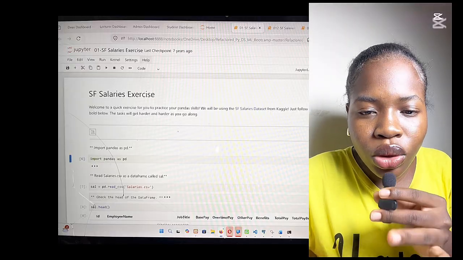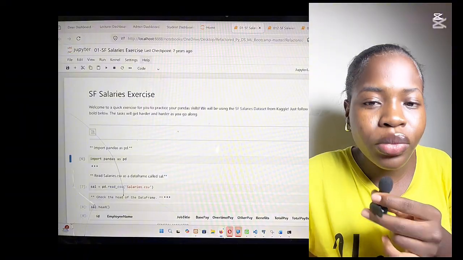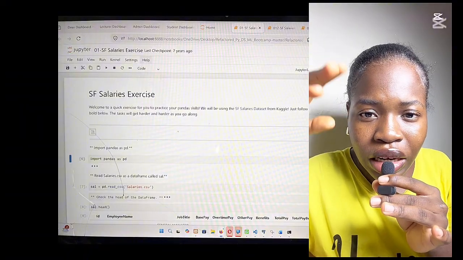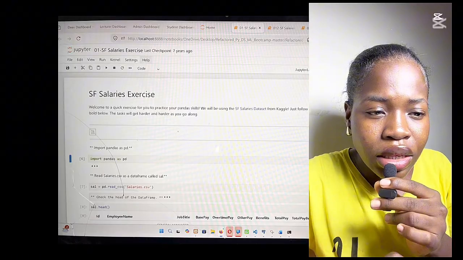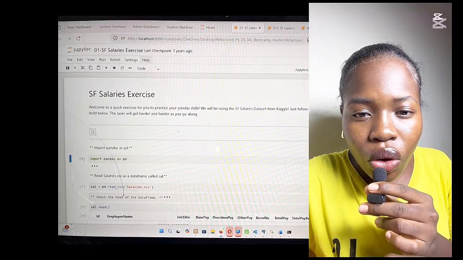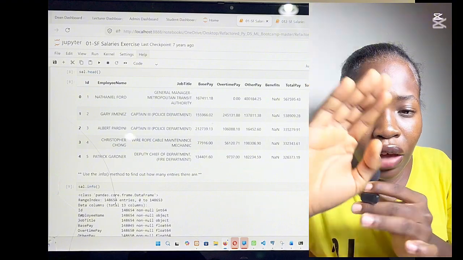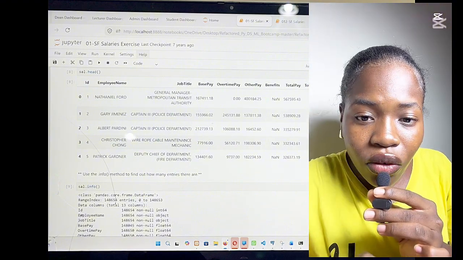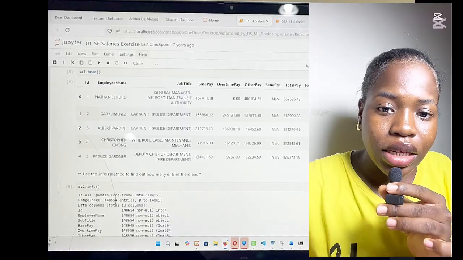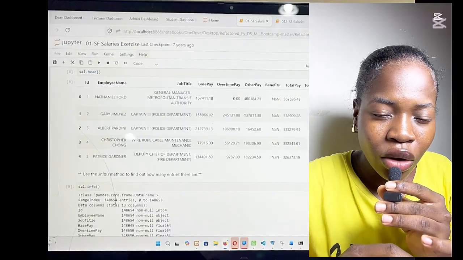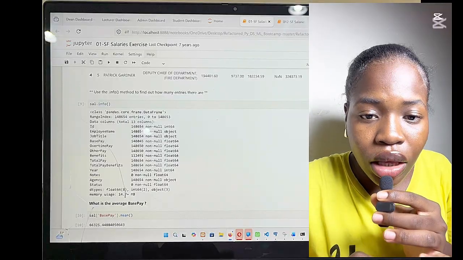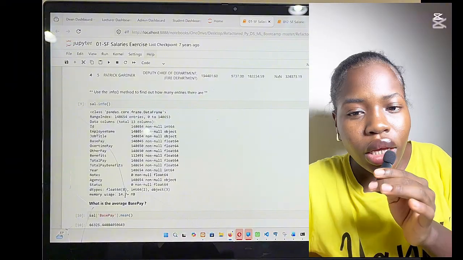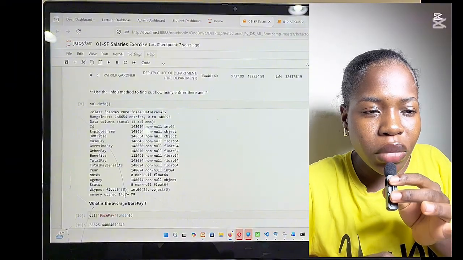This command is used to display the first 5 rows of the data frame, like we see on the screen, 5 different employees with their data. Next, we have the sal.info command. This one is used to display a full summary of the entire data set. Like we can see from the information that the command runs, we have over 148,000 entries. We also have our sal base pay mean command, which is simply used to calculate the mean of